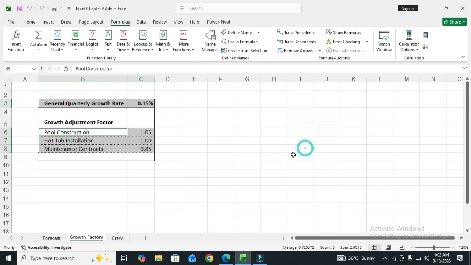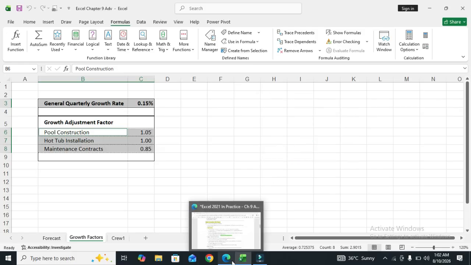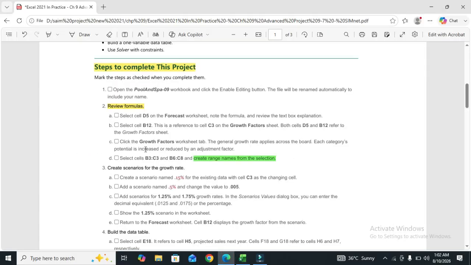Click OK, and step number 2 is done. So we move to step number 3.